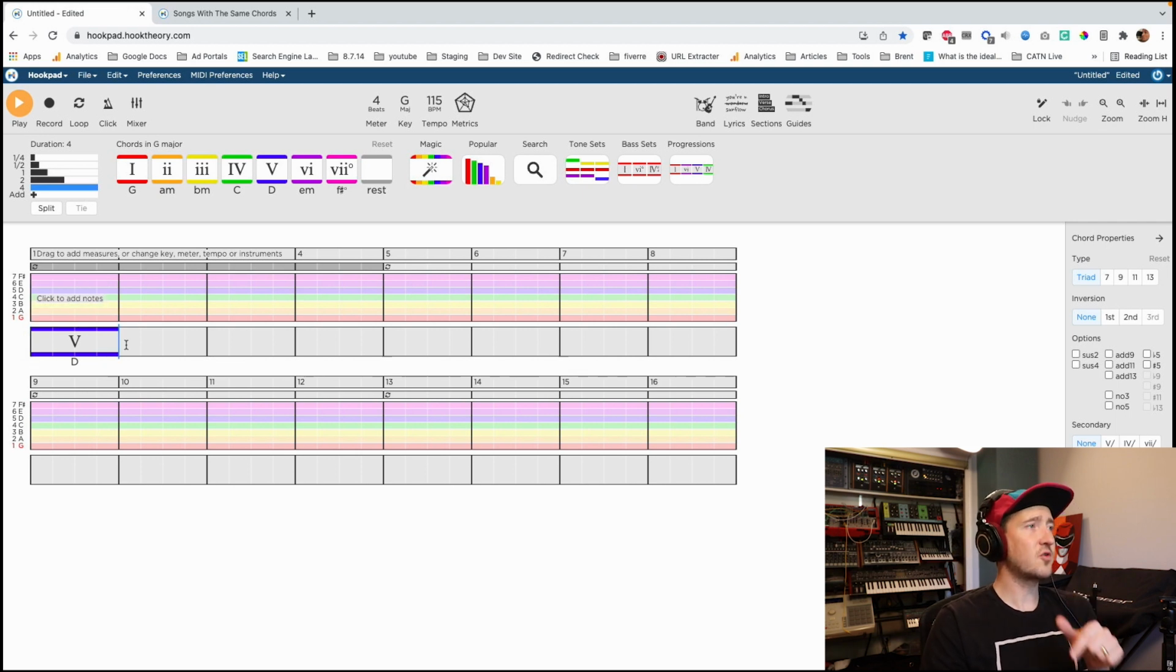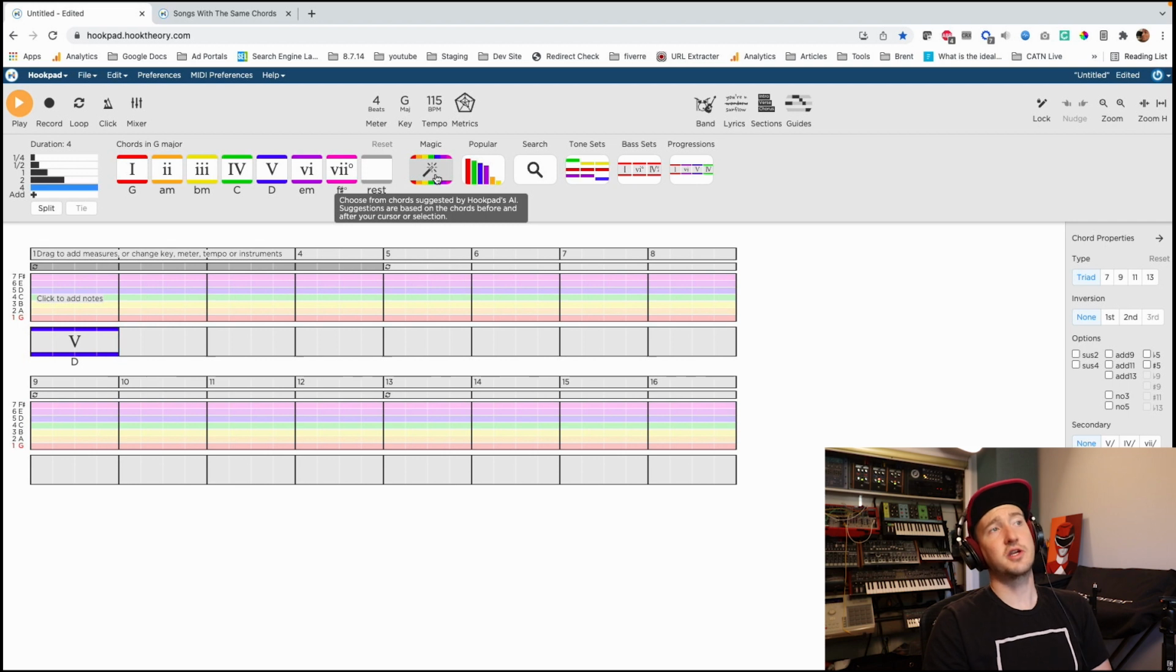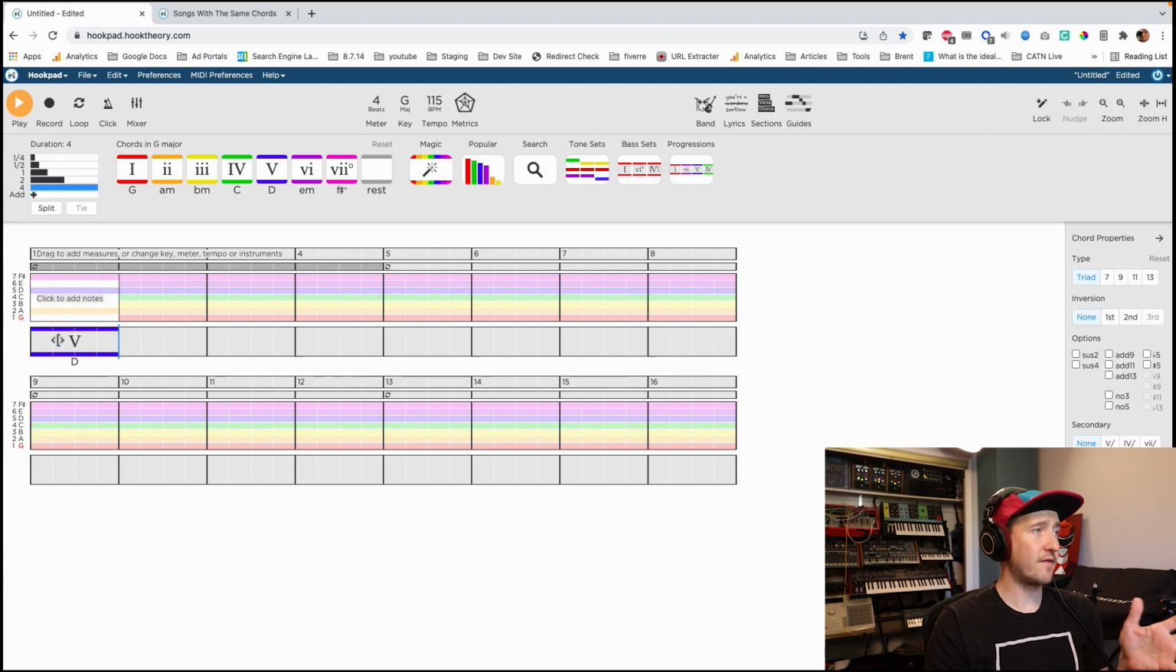Let's say the next chord I want to do, I'm not sure. I have no idea what the next thing is going to be. I could pick one of these and kind of test things out. I can click on this magic section here. And the magic section says, choose from chords suggested by HookPad's artificial intelligence. Suggestions are based on the chords before and after your cursor or selection. So right now, I only have the 5 chord here, so I'm going to click on magic and it's going to say,